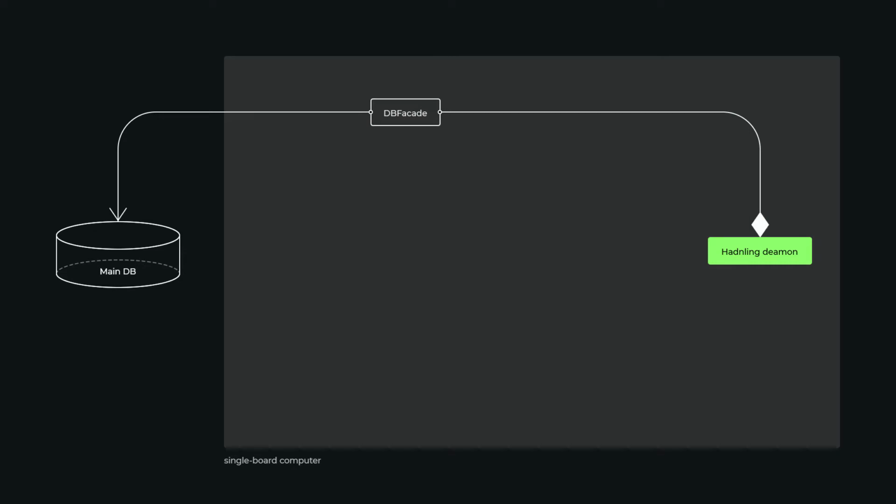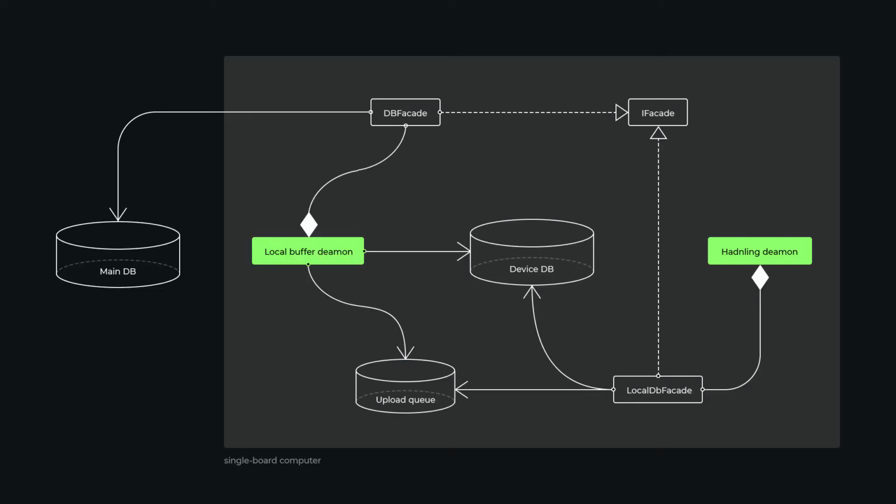Before the changes, the main processing daemon sent the data to the server and processed the video stream in the same thread. At first, I set up a database on the device with the same schema as the remote one. I extracted the interface of the facade. Then I made the implementation of the local facade. It was a simplified implementation of the remote facade. I also made a decorator, which creates a record in the queue each time a facade method is called.